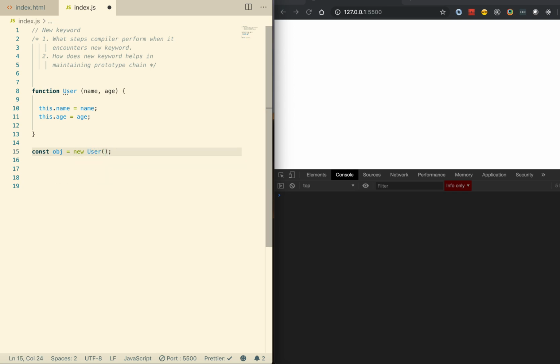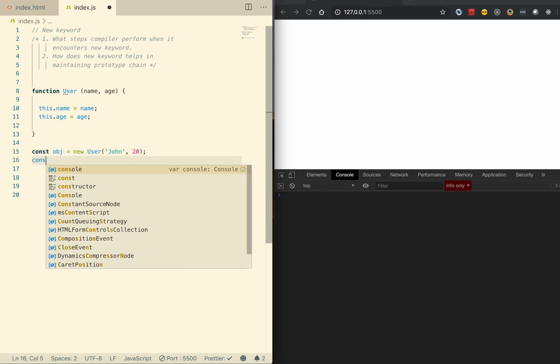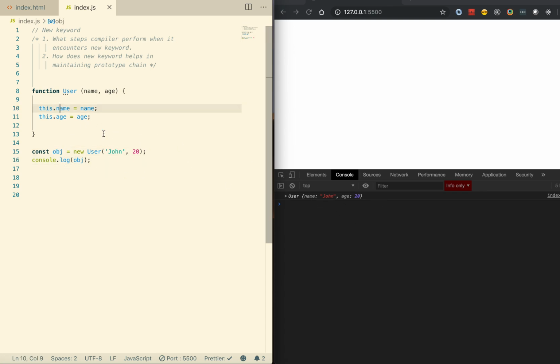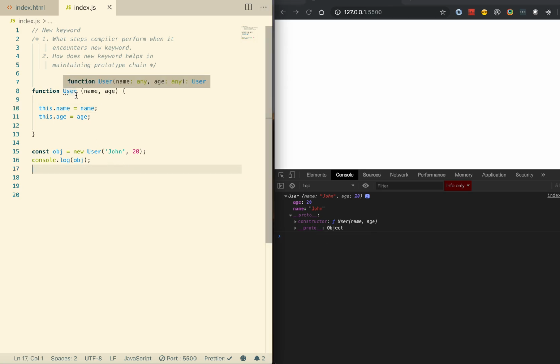User, and as it accepts 2 arguments, let me pass in name as John, and the age of John, let's say, is 20 years. And let me print this object just to show. Great. So as you can see, we have an object printed here. The new object has the attributes name and age, and by default it has a __proto__ attribute, but this __proto__ attribute right now only points to the prototype of